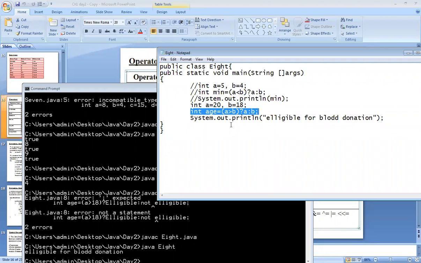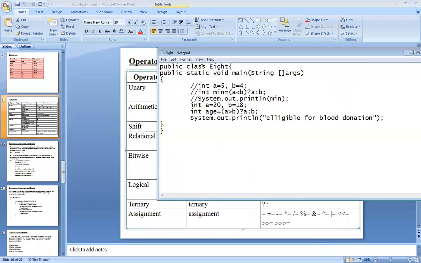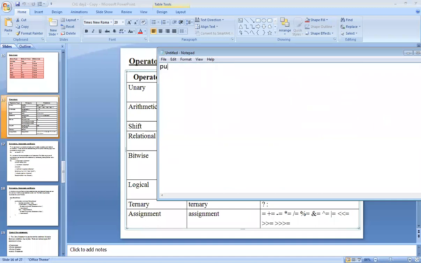Should we move towards the next operator? Yes, ma'am. Okay. The next one is the assignment operator. We will see a simple program for this one. I think you have already used it, but still we will check it. I will take a new class.